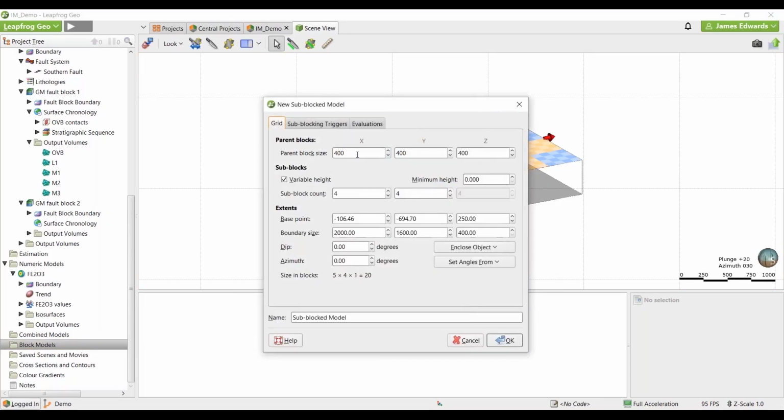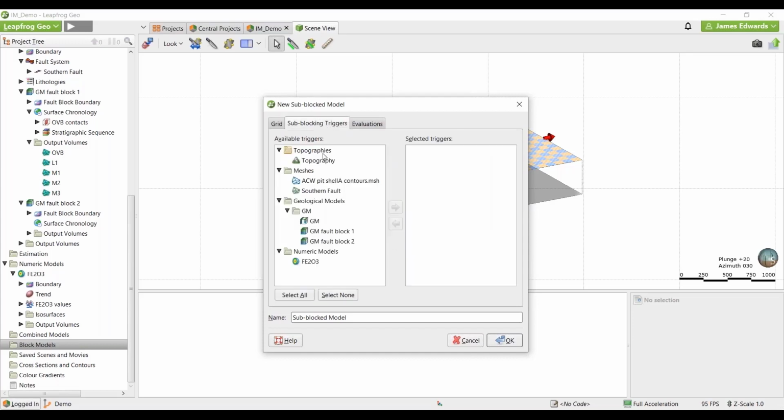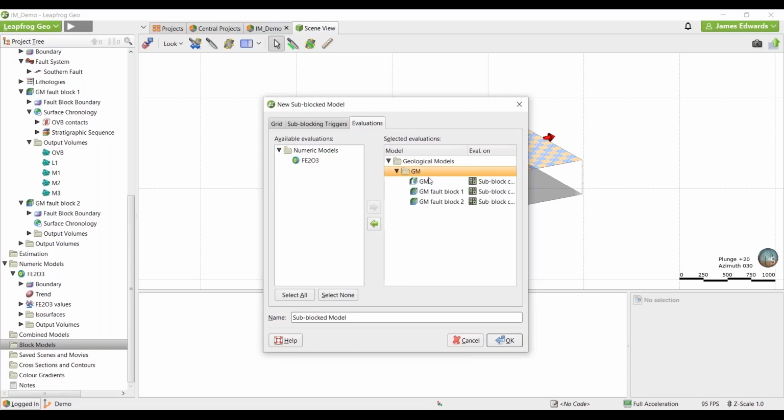I'm going to set the parent block size to something a bit more realistic for this deposit. So I'm going to set it at 100 by 100 by 10 in the vertical. I'm going to choose how I want this model to be sub-blocked. In this case, I'm using my geological surfaces to sub-block my model. And evaluations in Leapfrog Geo is another term for flagging or coding. So what do I want to code these blocks by? At this point, I'm going to use my geological model to code my blocks. So if I click OK,